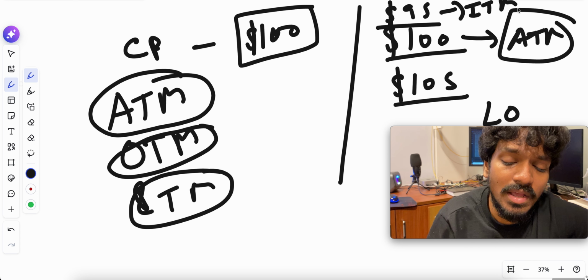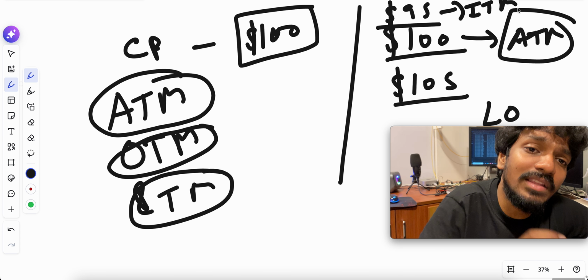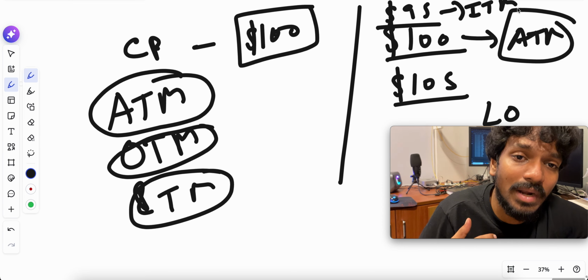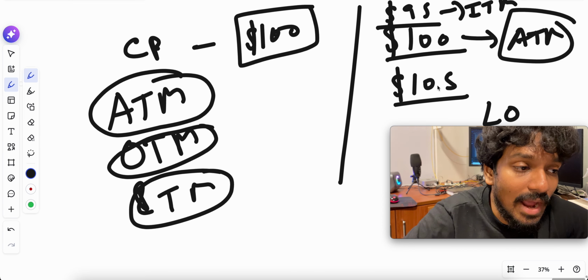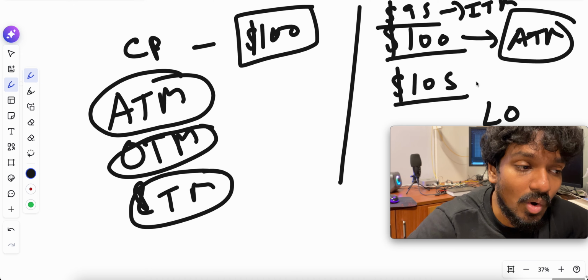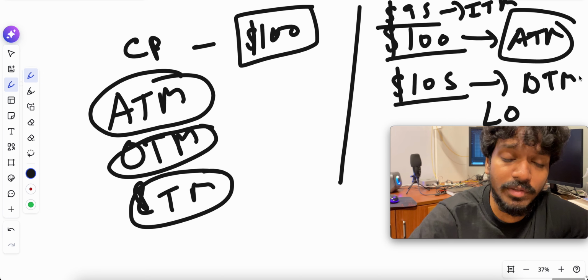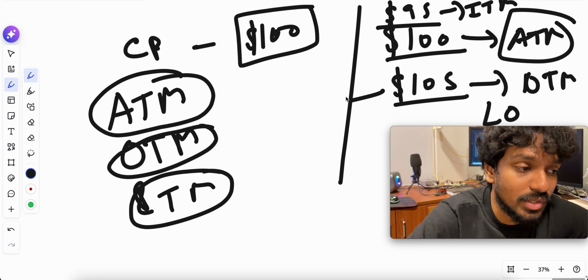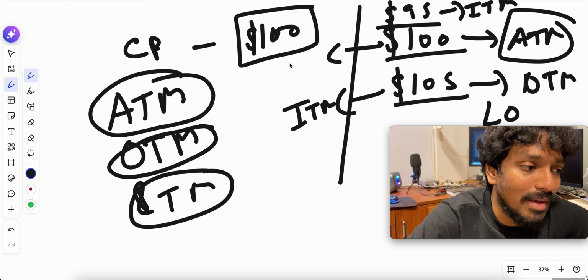ITM is considered as inside the at the money, like below the price of $100 if you go with the call options, and above $100 what are all the contracts, which is considered as OTM, which is nothing but out of the money. So if you come to a short, like if you come to the put option, this will come as ITM, this will come as ATM, this will come as,